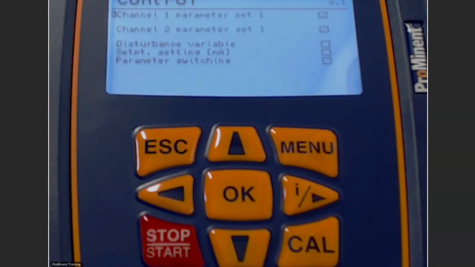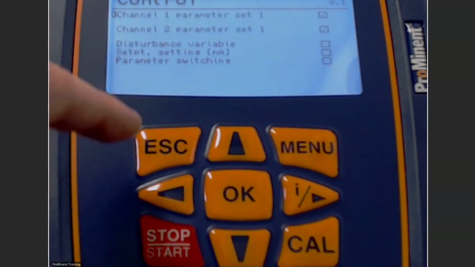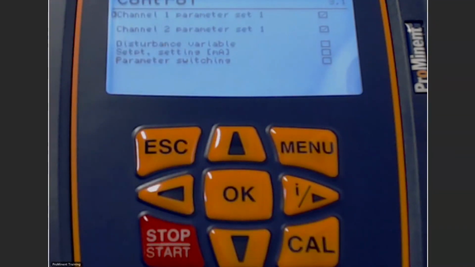This gives the controller a little bit of an advantage to speed up or slow down the pump before it actually does its measurement. The set point setting via a milliamp, that would be if we wanted to remotely change that set point. We're not going to do that here in this example. And then parameter